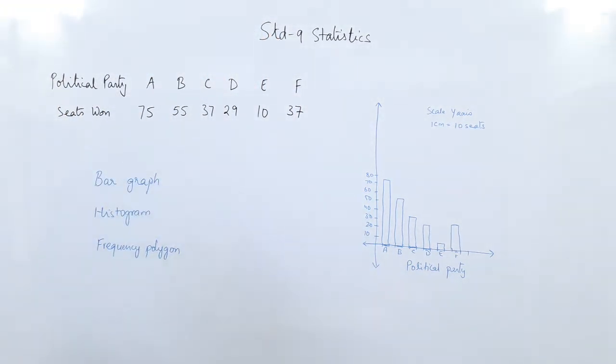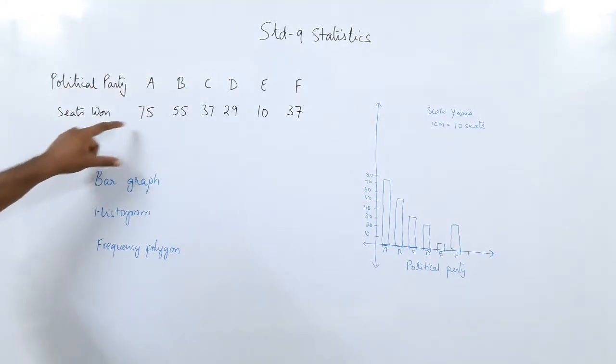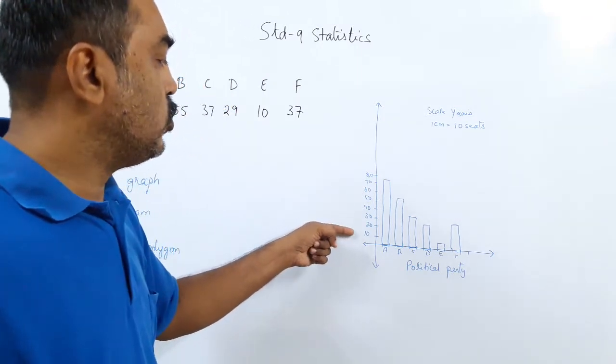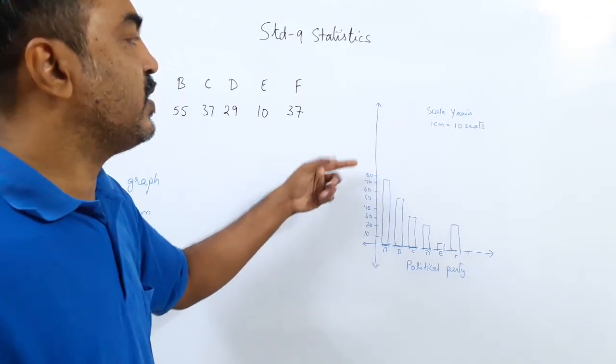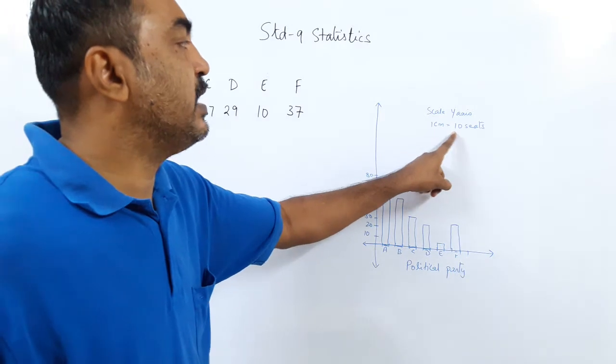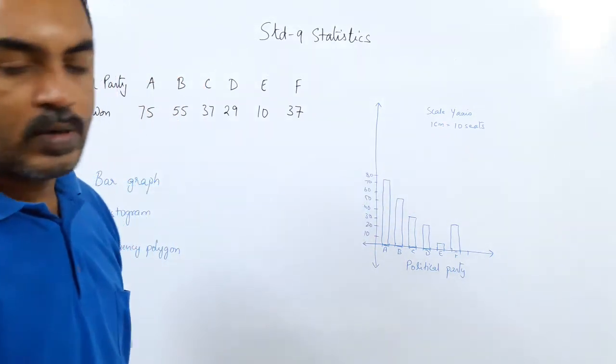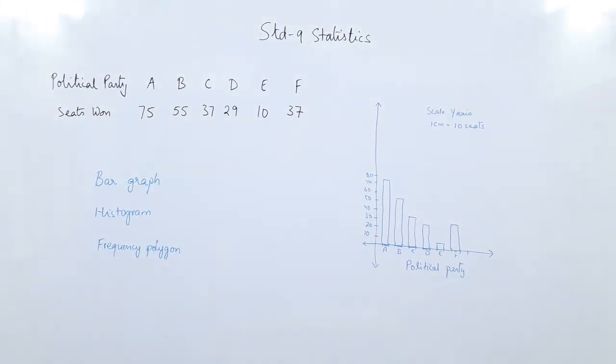Now why did we use a bar graph here? We used a bar graph because this data is non-numeric and this data is numeric. So I took the non-numeric data on the x-axis. Now here you have the choice. Go by 5, 10, 15, 20, 25, 30, then write the scale 1 centimeter equals 5 seats. But if you go by 10, then 1 centimeter equals 10 seats. So in this sum, we used a bar graph because a bar graph becomes easier to represent like this. Now let us move to the next sum and choose which type of graph we'll use for that.